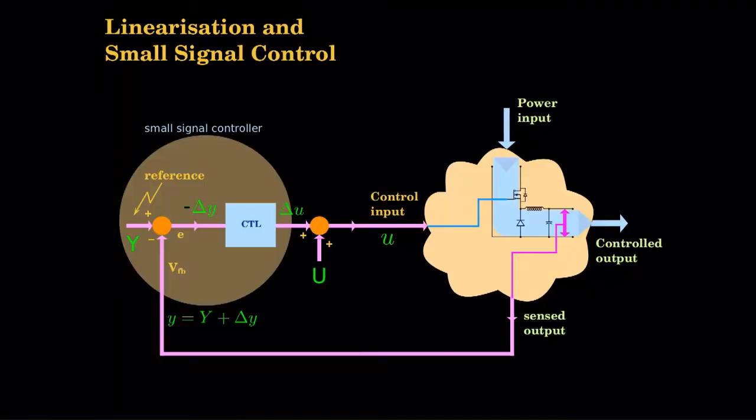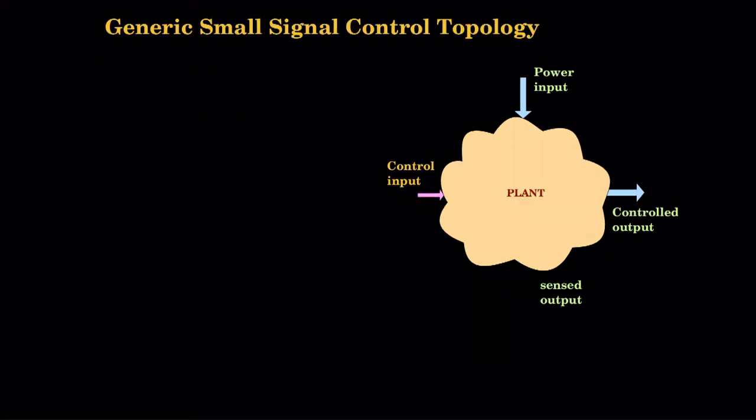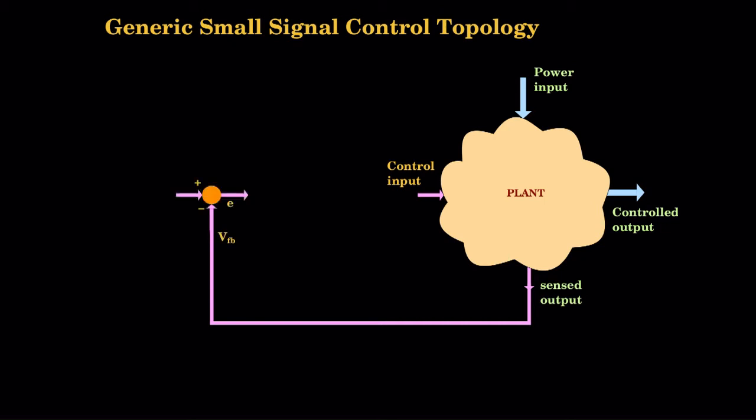So, this is the small signal control structure that we will try to make more generic. So, generic small signal control topology. So, this what we are going to put down here is what we will ultimately implement. Plant as such, as usual, you are familiar with that. Now, I am going to feed back the sensed outputs. You have this comparator. Now, I have replaced it with a gain block K,